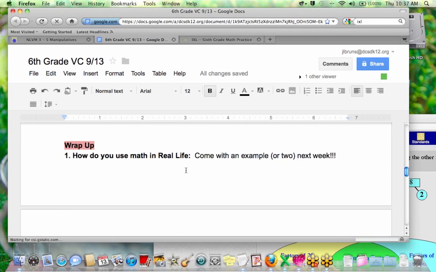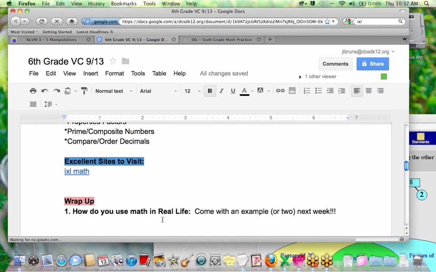So I want you to be maybe a little more specific than that. Like I went to the store and I bought this, this, and this, and they cost this amount. But yes, it can be an example like baking has math involved. There's lots of different examples. Just adding up maybe the amount of calories that you're going to eat when you're looking at the wrapper on your 3 different candy bars that you bought at the movies. So, one example of math in real life.